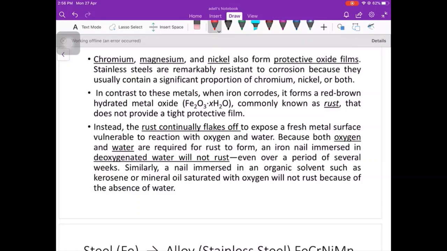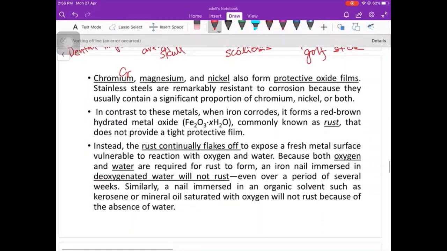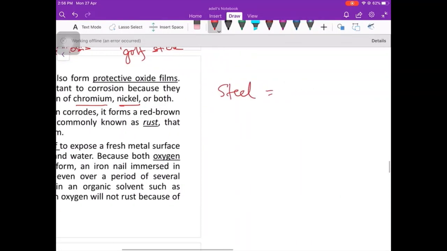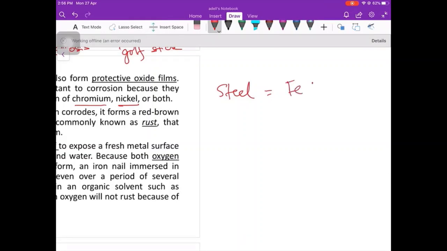Okay, so next, this statement: chromium, magnesium, nickel can also form a protective oxide film. So stainless steel contains all these elements: chromium, magnesium, nickel. Normally it contains chromium and nickel, because steel consists of ferrum and carbon,